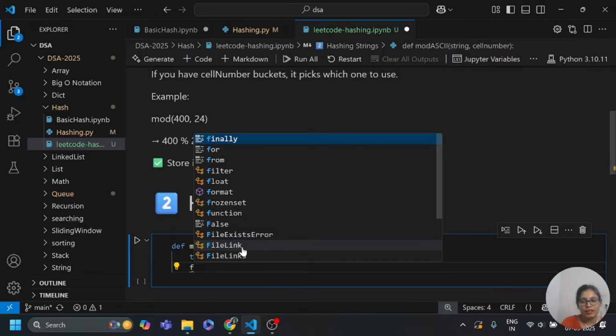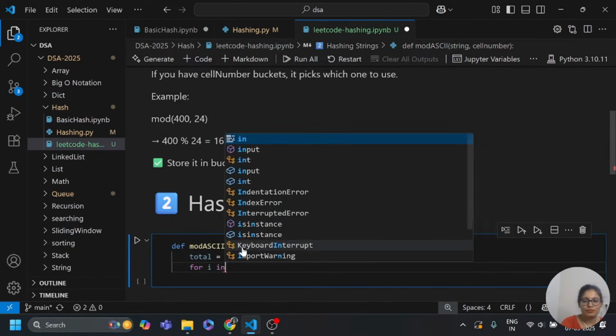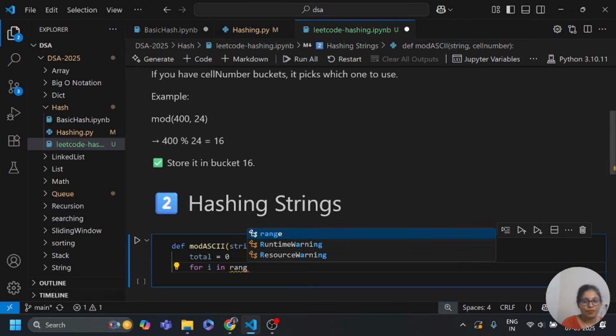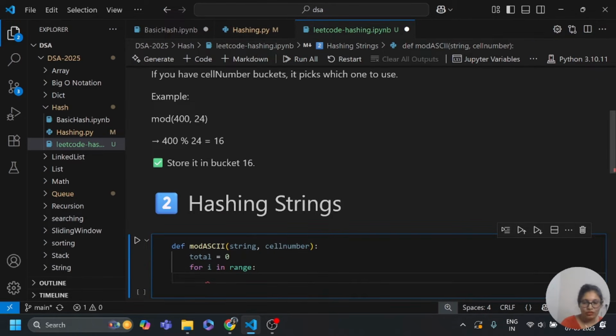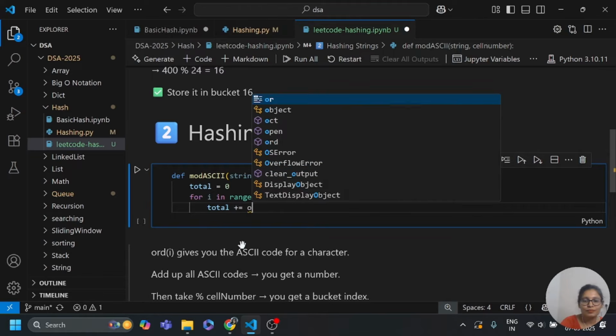So again I need to apply a loop here. For i in range, and total plus equals to ord.